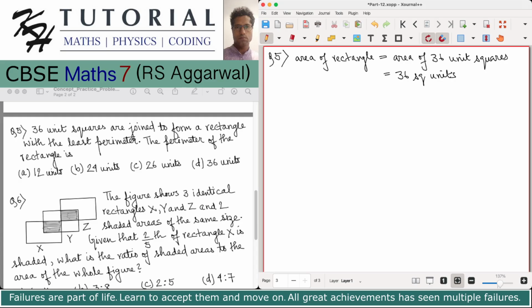Now we have to give the dimensions of the rectangle, that is the length and breadth, so that the area, L into B, will be 36, but the perimeter, that is 2 into L plus B, will